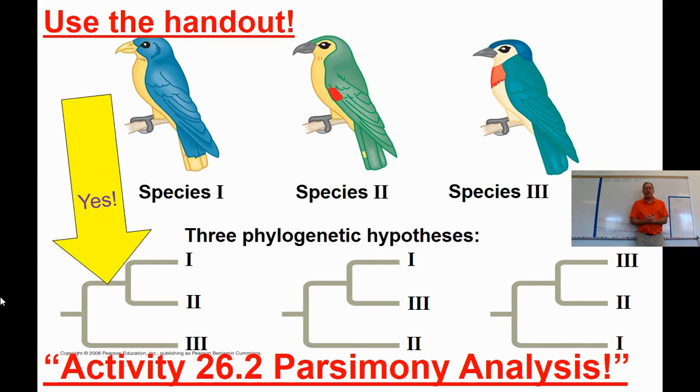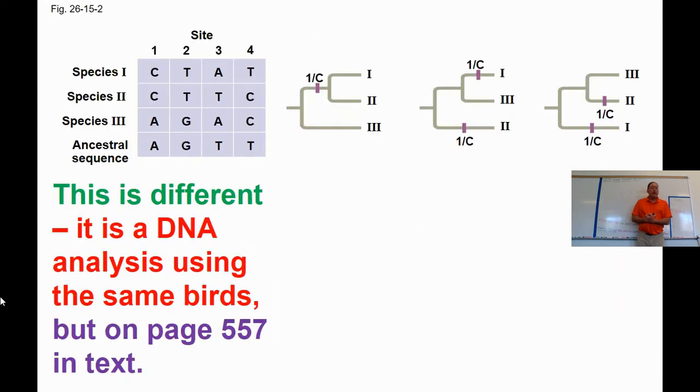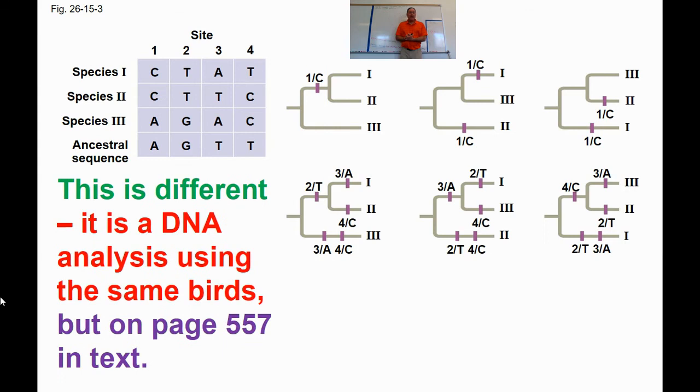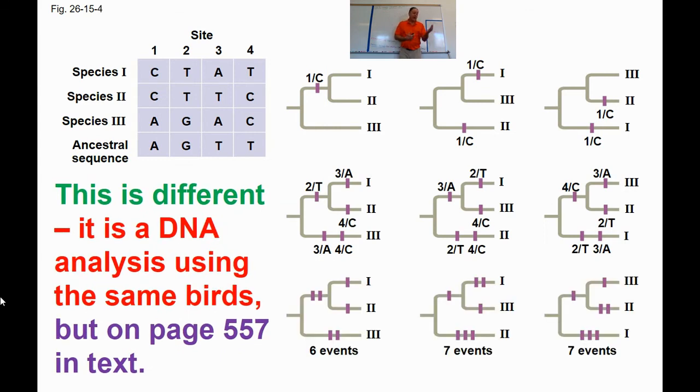Well, the answer here is this first phylogenetic tree, that 1 and 2 are more closely related to one another. Now, maybe you could just see that by this picture when you look at the beak and the eye and how the feathers are and the markings that the organisms have. You could do that. Another way is to analyze their DNA. I just read this before I started recording, and I understand what they're doing with their explanations on page 557 in the 10th edition, but I think an easiest way to do this would just